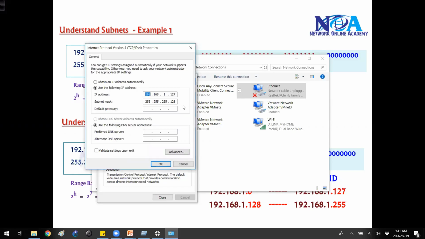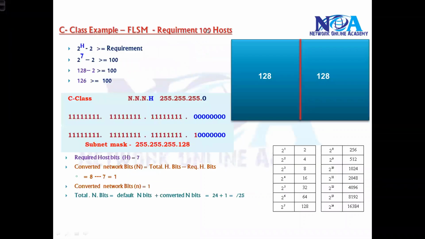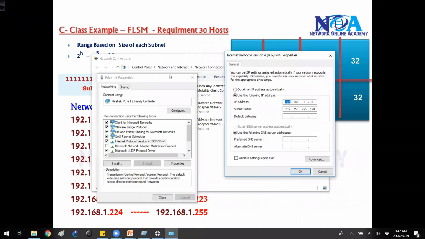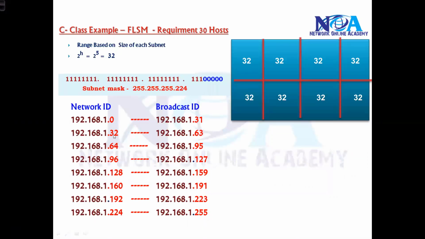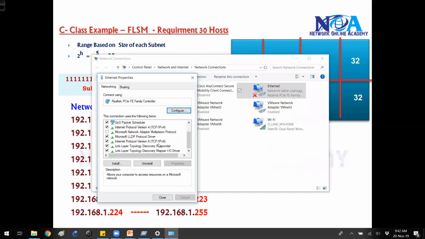And in a similar way, let me try 0. Of course I cannot use 0, that is a network ID again. Let me try some other examples, like we did a couple more examples previously with this subnet mask. This time I'll try 32 with this subnet mask. Now you can use any other address also. Let me try 32. This will be a valid IP as per this subnet mask, because